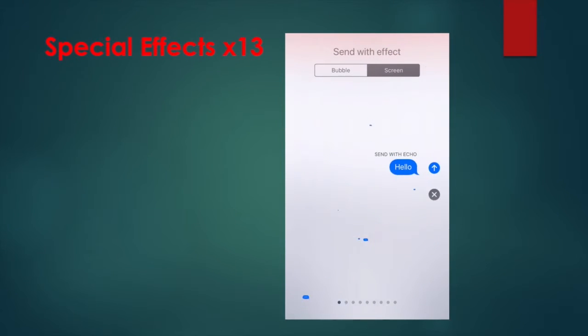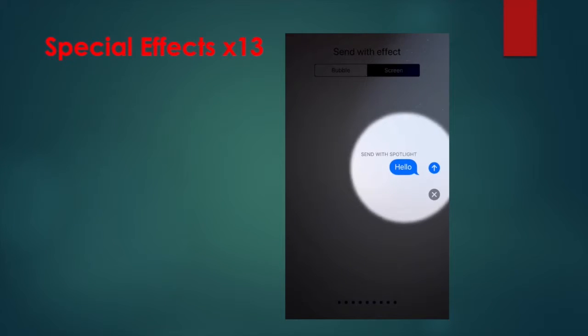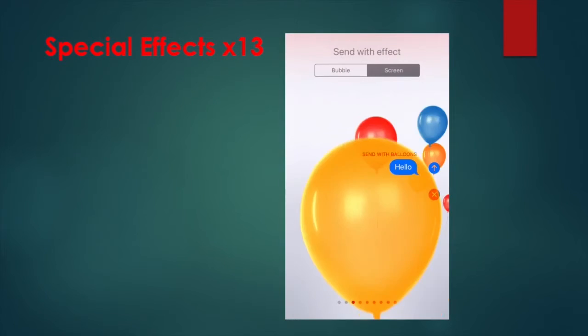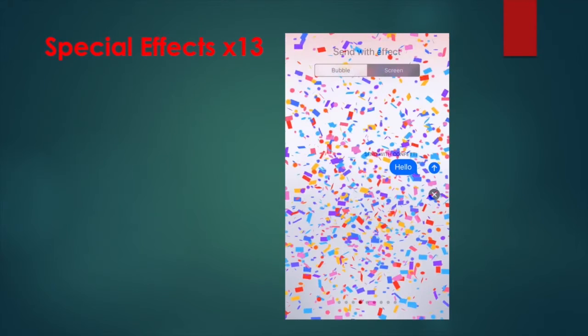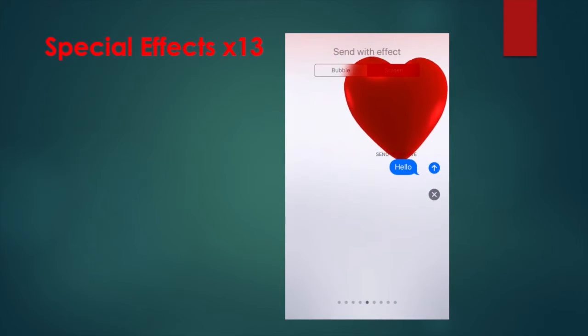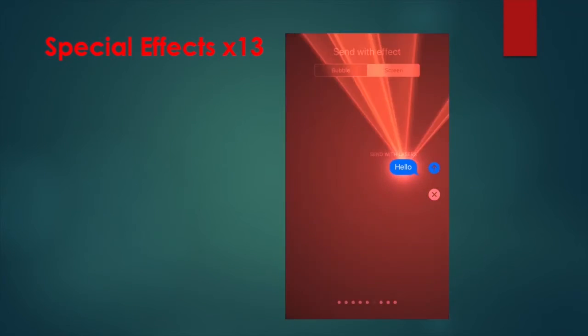There are 9. The first is send with echo, then swipe to see send with spotlight, swipe right to left again to see send with balloons, then we have send with confetti, send with love, number 6 is send with lasers,